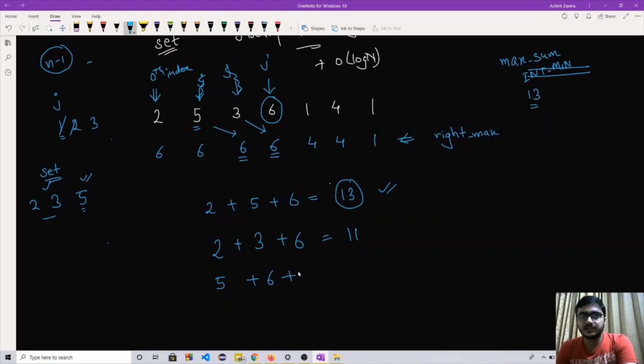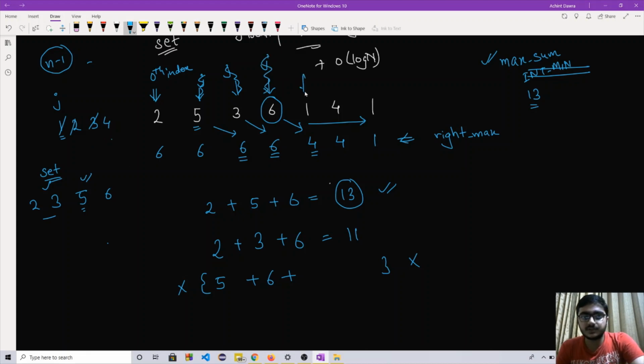Now we need to search in the right part. The right part gives us 4. Now 4 is the maximum element possible in the right part of 6, but it is not greater than 6, so this triplet is invalid and we do not need to consider it for updating our maximum sum. We just push this element 6 into our set, increment our j pointer and proceed further.